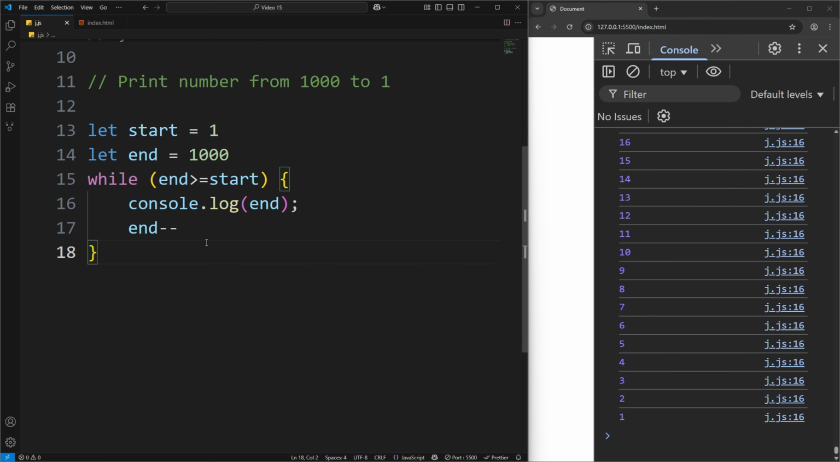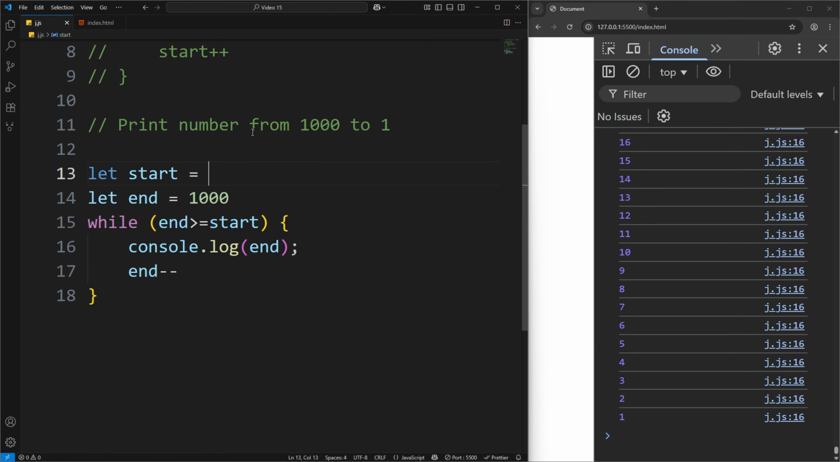I hope you understand how it is working. I'm using the decrement operator here. I'm using variable names here instead of giving them a value and making a condition. So if we write variable names here, we can change the value here. Like if I write here,